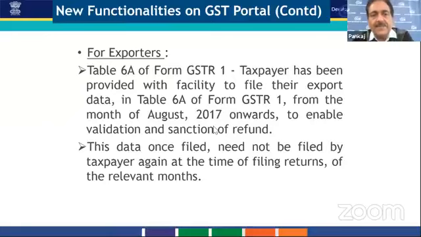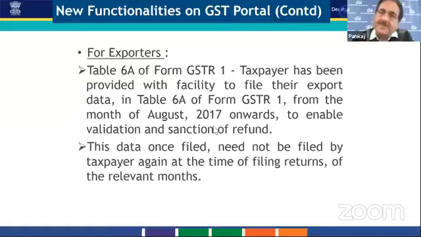If the exporters have paid the tax on goods or services, and there are certain entries to be entered in table 6A, but since the GSTR1 of period August and onwards are yet to be filed, a functionality has been provided in the form of table 6A of form GSTR1.